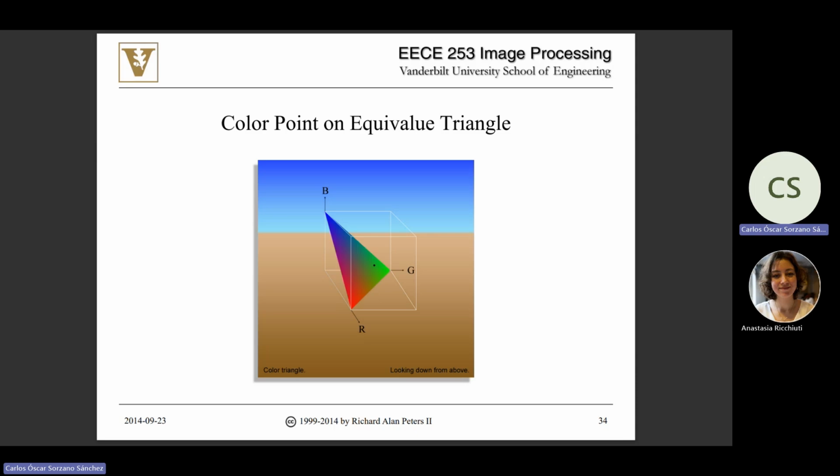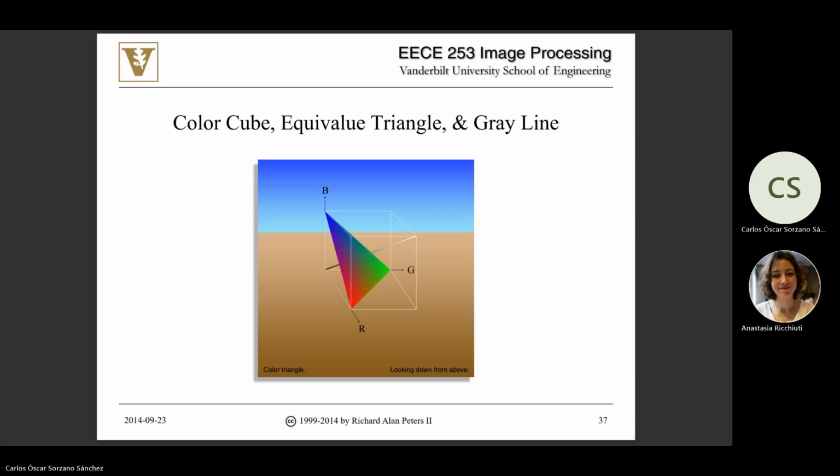This is the vector, the color that we want to represent. And then you have that vector that you want to represent. That is the vector in the RGB coordinate. And then you have this line 1, 1, 1 that is full of gray values. And it goes from 0, 0, 0, that is black, to 1, 1, 1, or 255, 255, 255, that is white. And then all colors in between in that line